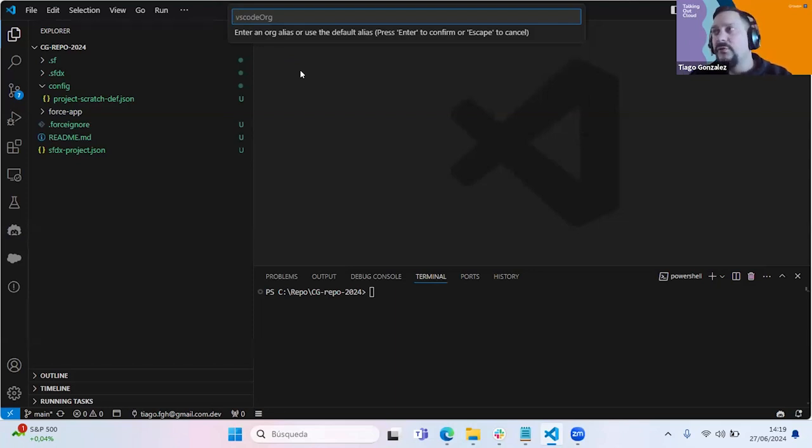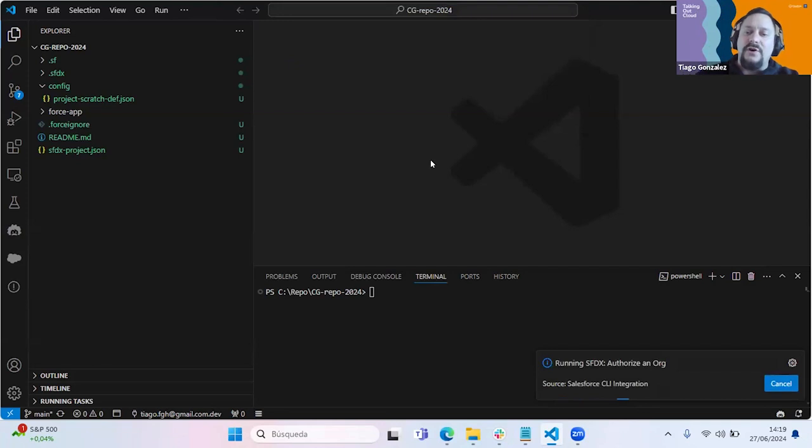For example, if you work with a developer or with a QA, just type the names here. In this case, I use dev because it's just the developer organization. And I will use the other layers from CloudGaia. It will show you a pop-up